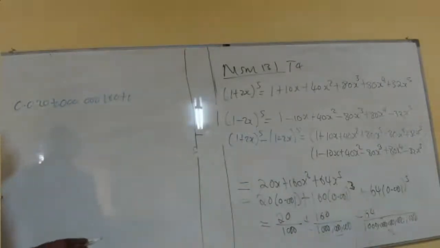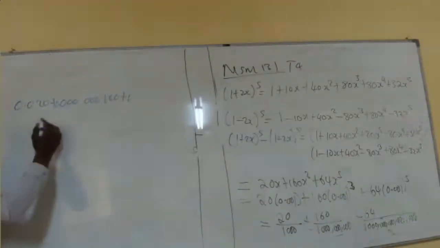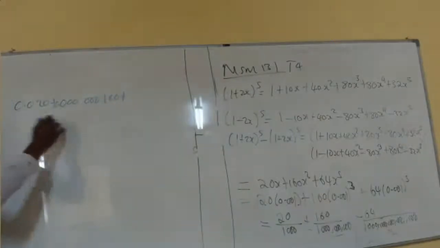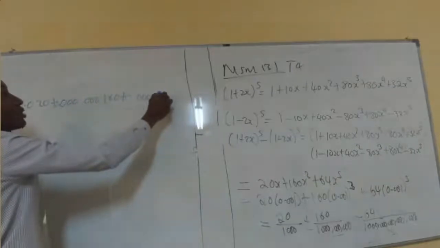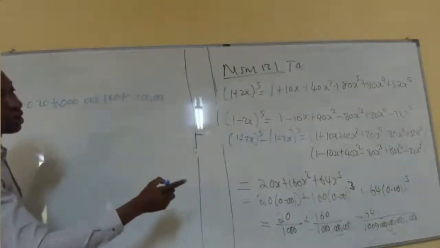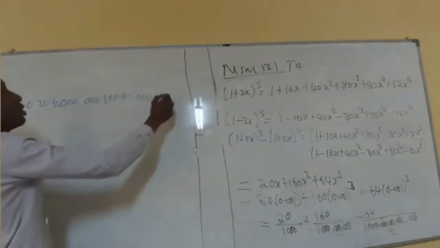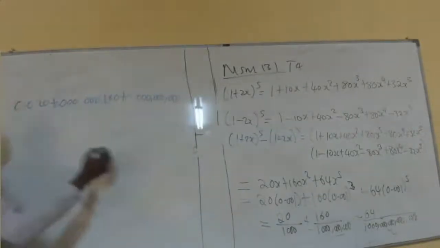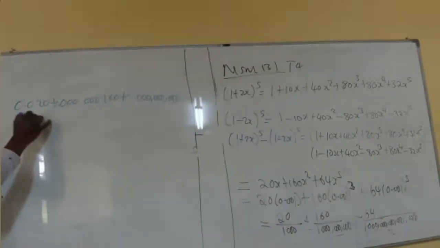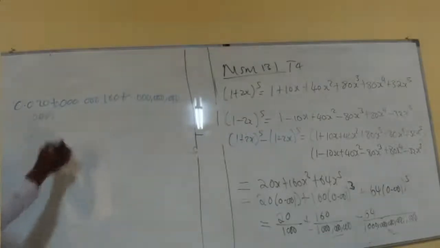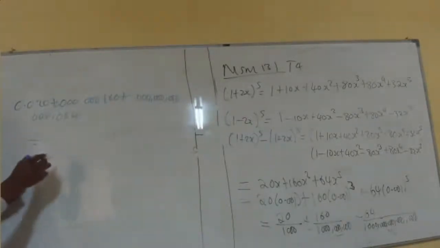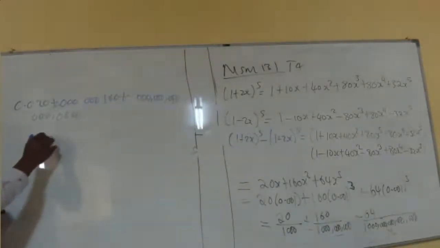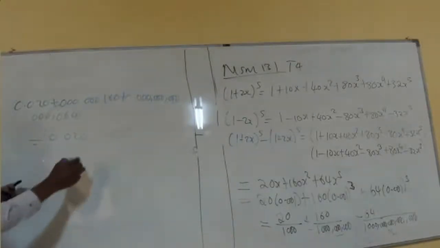So we are going to have the denominator as 1, 2, 3, then we have 4, then we have 0, 6, 4. That's the fifth one. So if you add those three, they're going to have 0.020,